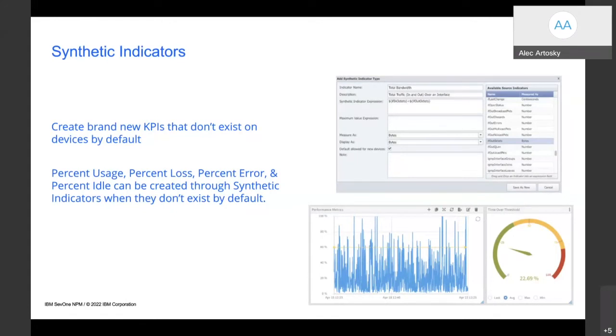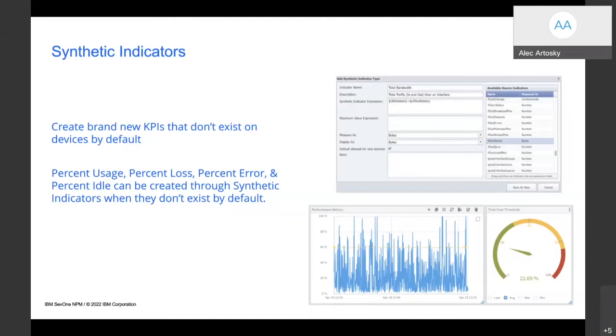So by creating new KPIs, what that means is that you are no longer reliant on what the MIB provides. I can take data sets that have been brought into the system, do mathematical equations, addition, subtraction, multiplication with those data sets to combine them or change them to build a unique indicator that I need that is valuable to me. So it's not just, oh, this is what my device gave me, I'm stuck with this. It's, well, this is great, but what if I was able to combine it with something else that would give me a more valuable metric, like total CPU as an example, or total bandwidth, or the ability to look at percentage of errors, things that you might not get normally out of the box, you can build with synthetic indicators.